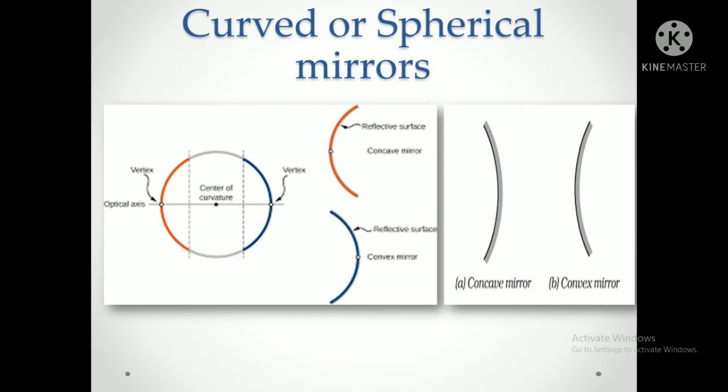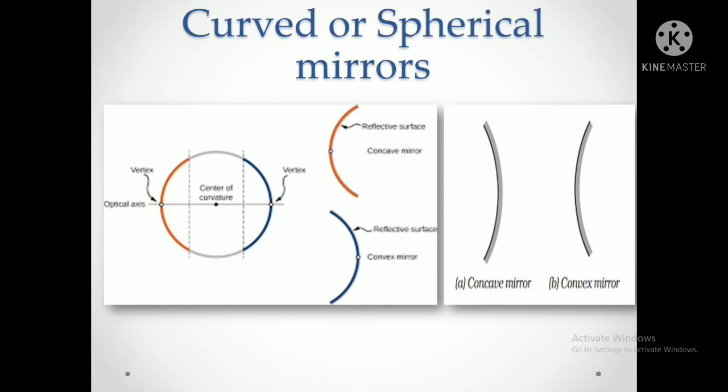See, now there are the curved or the spherical mirrors. If you see, take one circle and we cut it, means from the center a little bit distance, we will cut the paper. In a circle, you have drawn a circle on paper and you have cut it. You have drawn one middle line also, that is the optical axis, and the point where you have cut the line is the vertex. Obviously with the compass only we will draw the circle.